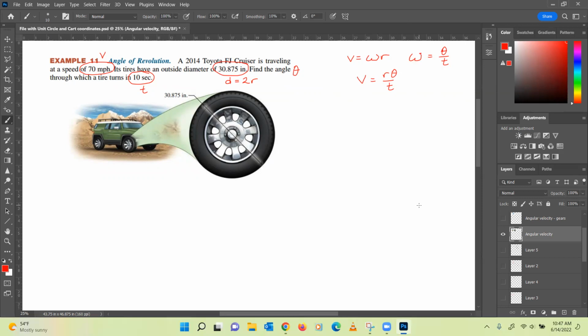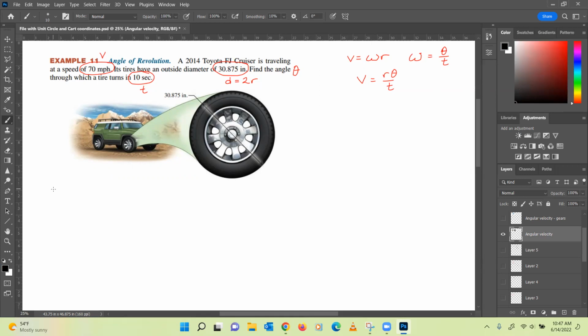Well, we've got V, we've got t, we've got twice R. We ought to be able to find theta pretty easily. We do have a problem here, though, and that's our units. Remember I said we really need to watch our units? Well, let's get these all into the same